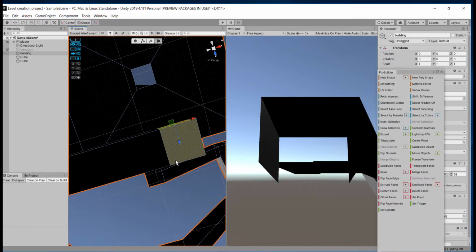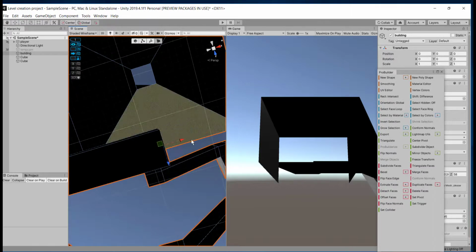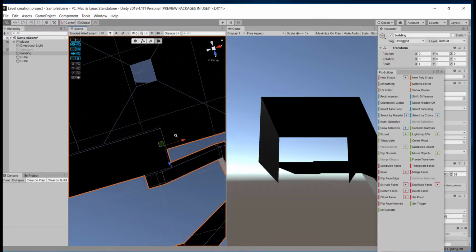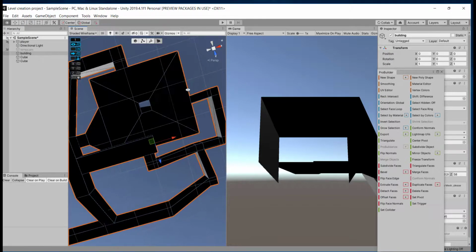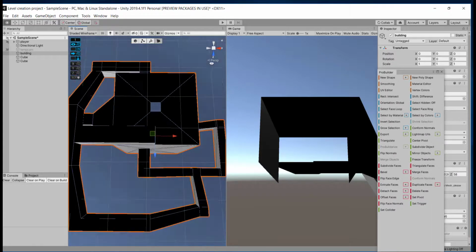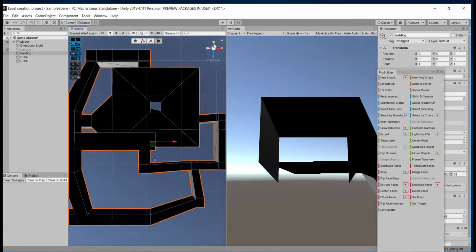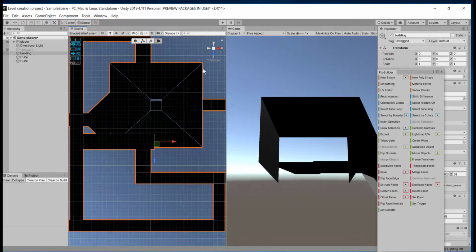But I find it a little bit difficult to target the end of this corridor to align with the position of this hole. So I'm going to switch my view into isometric like this, and now you see only the bottom view of this level.